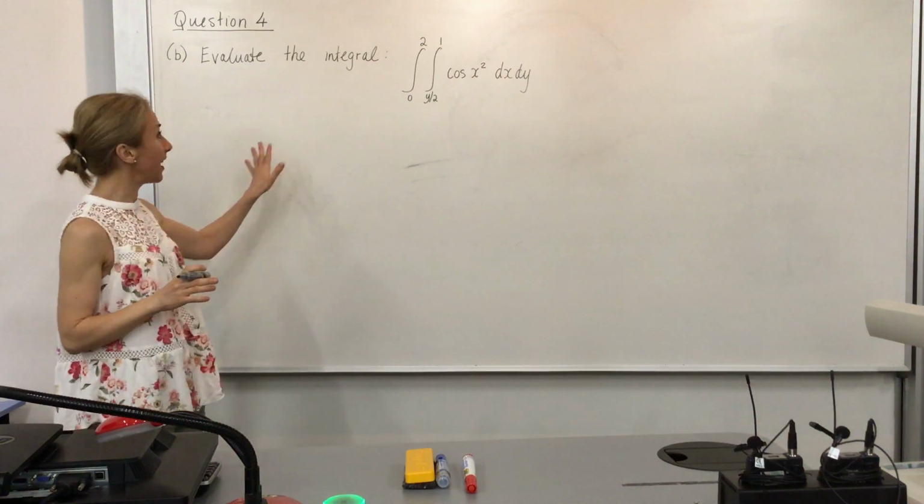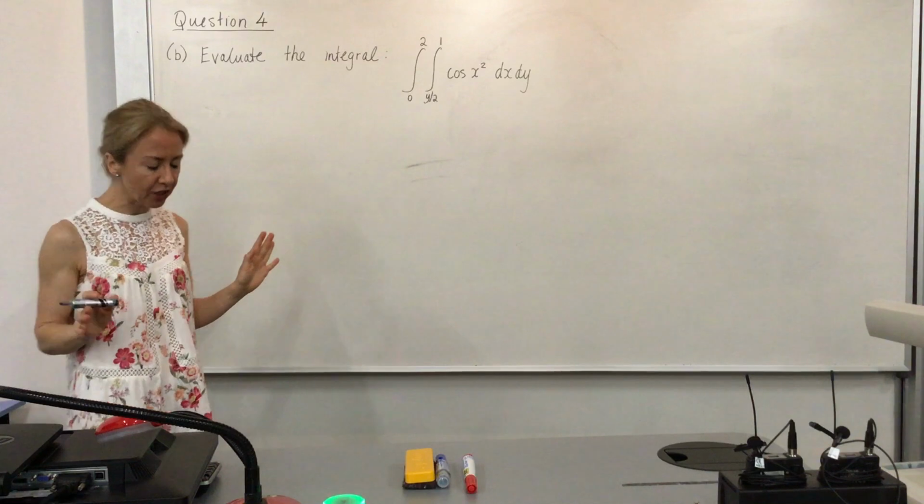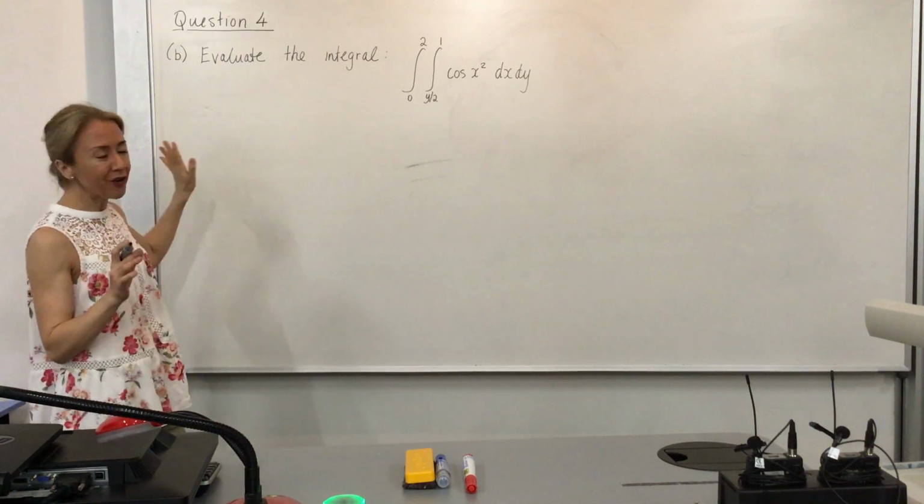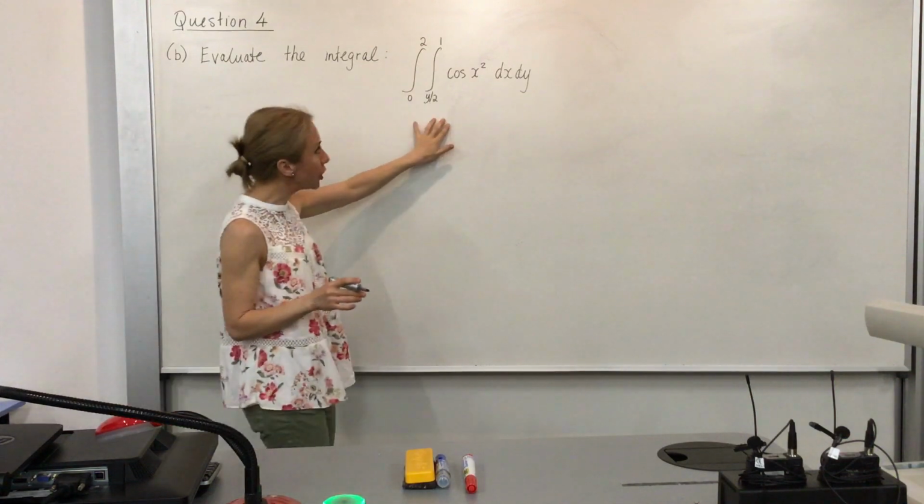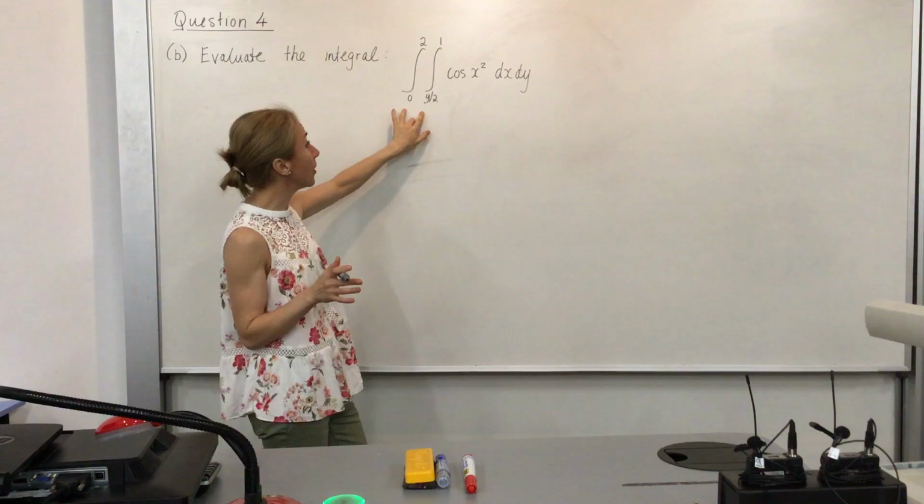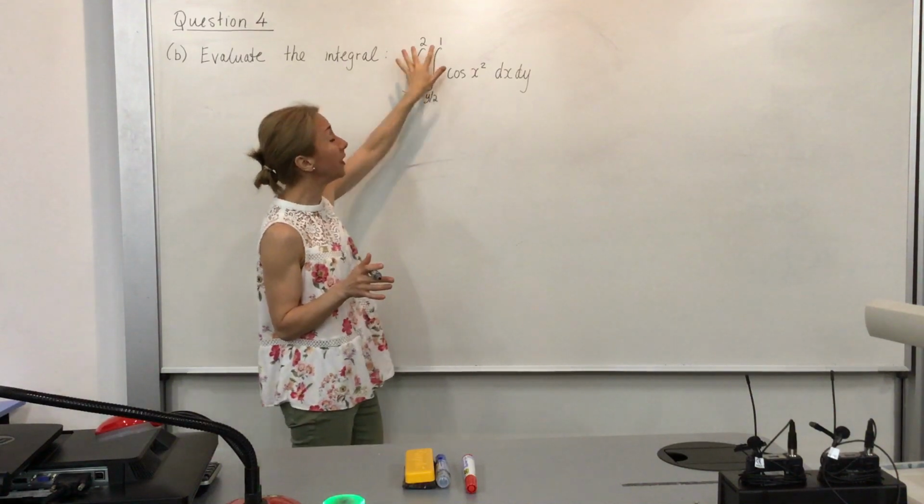For B is a double integral. This is the double integrals part of question 4. And so here's the question: evaluate the following double integral. And you can see we've given you this double integral where we've already specified for you the limits on the